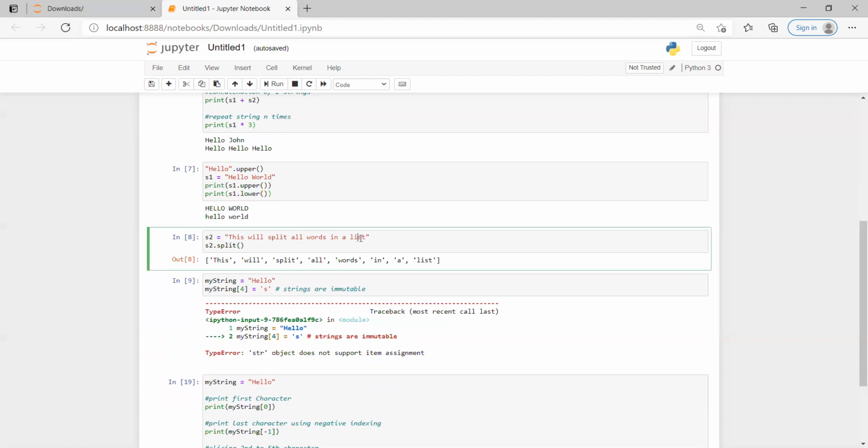Suppose I want to get only the last character of a particular string. You can just mention the variable name of -1, which will return the last character of the string. That means you are doing negative indexing. Negative indexing always starts from the last letter, and it will give you the last letter when you give the -1 index of that string.